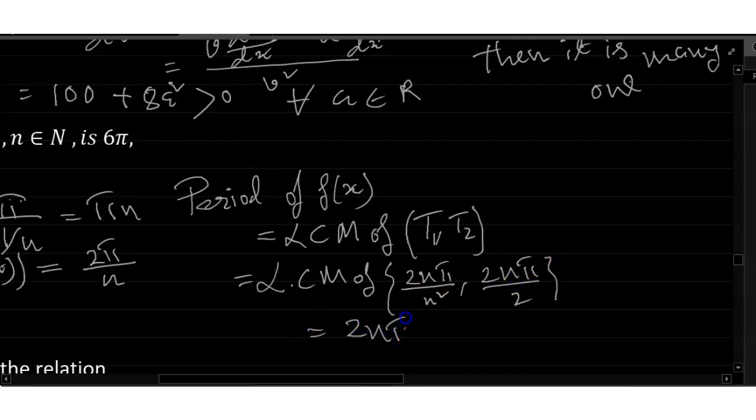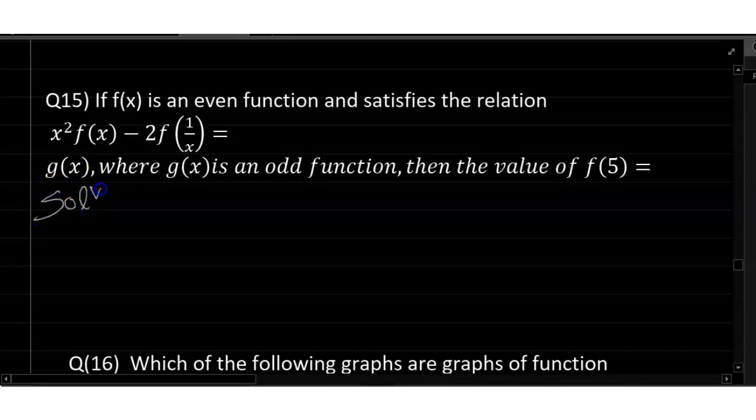We get 2nπ equals 6π, so n equals 3. This is my answer. Next problem is that